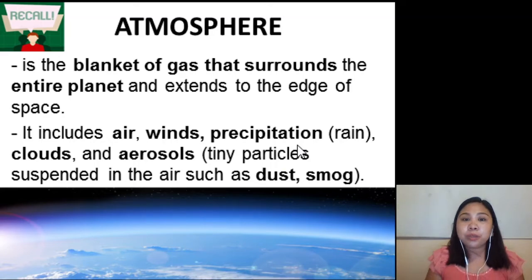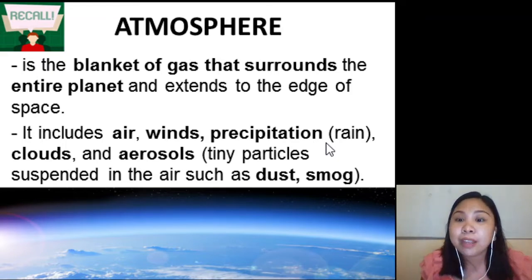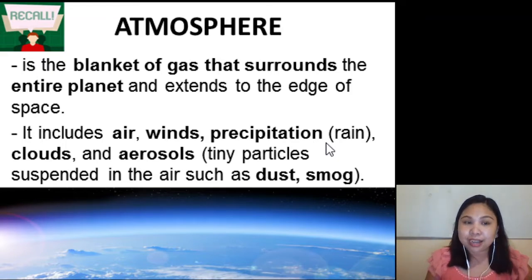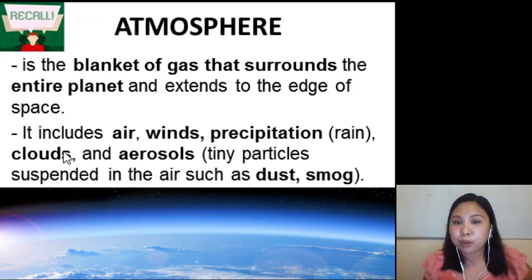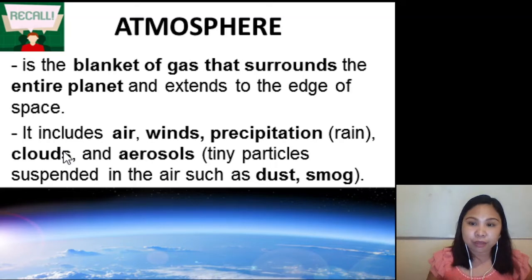So, even though yung precipitation, kasi it's rain, is part of the hydrosphere, dyan nagkakaroon ng overlapping. Ayan, nagkakaroon ng overlapping between atmosphere and hydrosphere. So, once na nag-precipitate, ayan, mahulog siya sa ground, so it is now part of the hydrosphere. And also, sa atmosphere, included din po yung mga clouds. Ayan. So, once na nag-condense yung mga water vapor, so they are now part of the atmosphere.